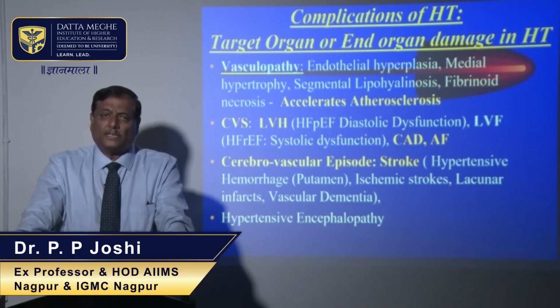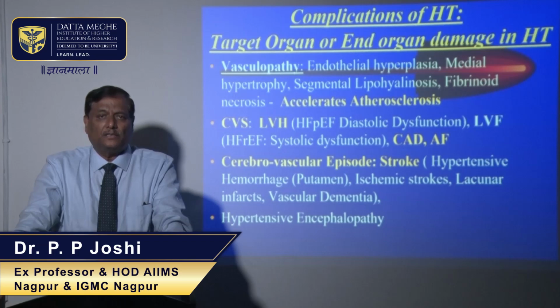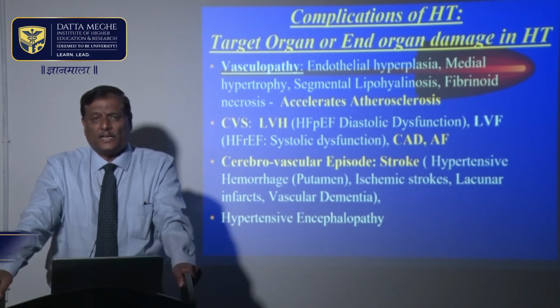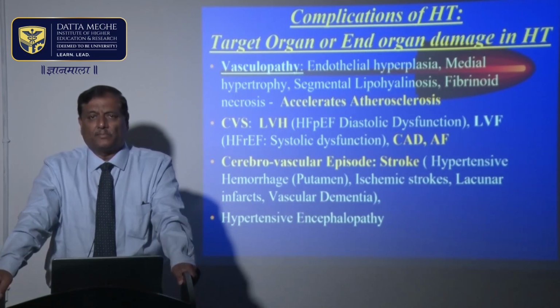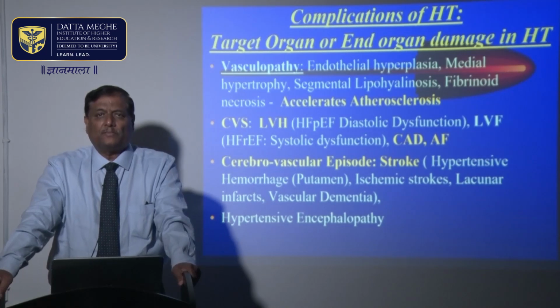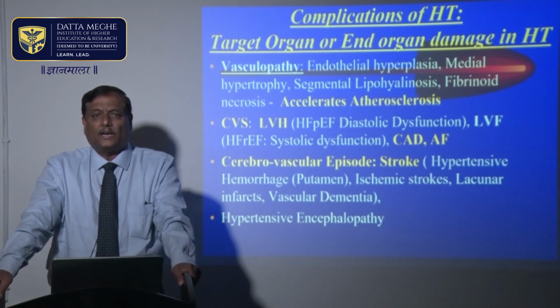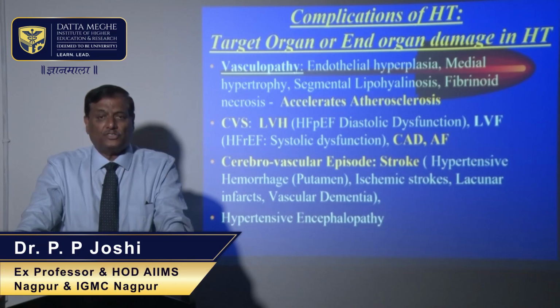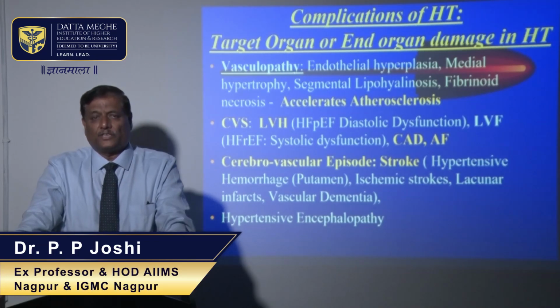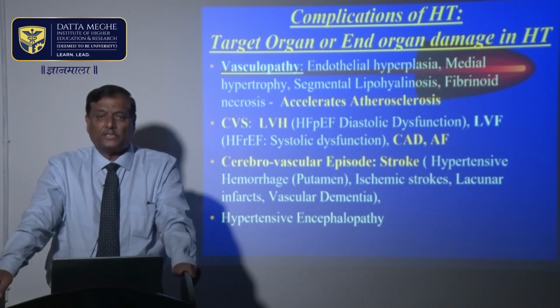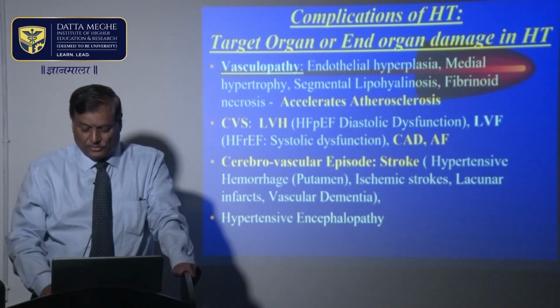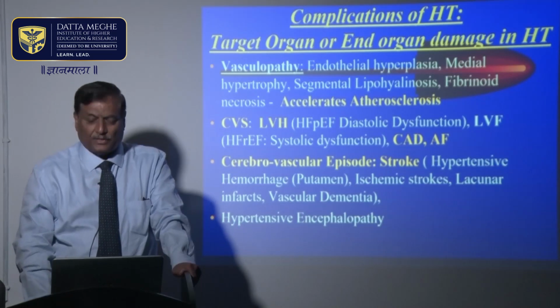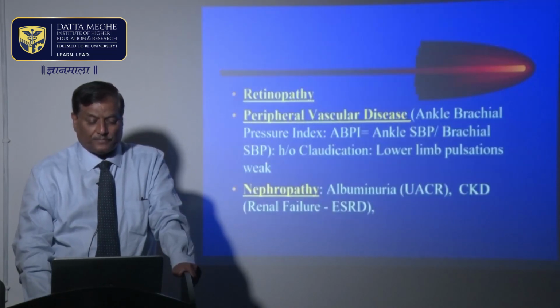Now, there is a condition called hypertensive encephalopathy, which can occur when the patient has very high accelerated or malignant hypertension, in which the patient has some altered consciousness, and that can lead to even focal neurological deficit, which actually reverses back to normal once the blood pressure returns to normal. Therefore, this term is used when patients have very severe, very high malignant hypertension.